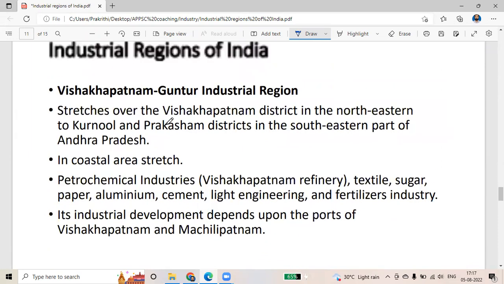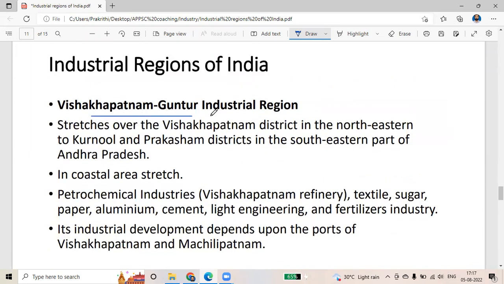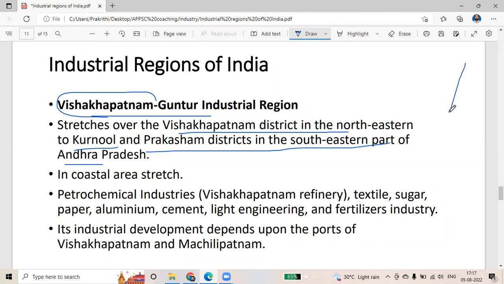Then the Visakhapatnam-Guntur industrial region. Based on Visakhapatnam, we know Visakhapatnam is a big port. So based on the development of this coastal area, this is mainly sea. Stretching from Visakhapatnam district to northeastern Kurnool and Prakasham district in the southeastern part of Andhra Pradesh. So in this region of Andhra Pradesh, you can see this Visakhapatnam-Guntur region, mainly you can see